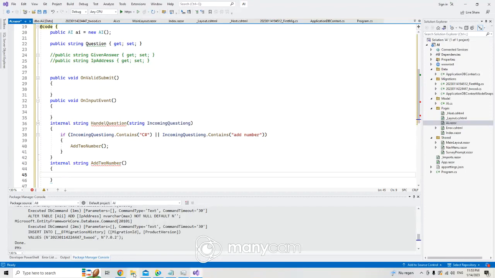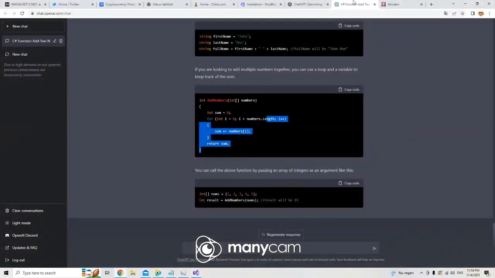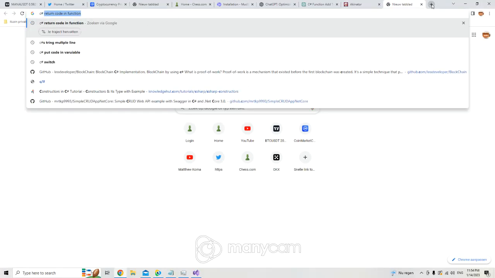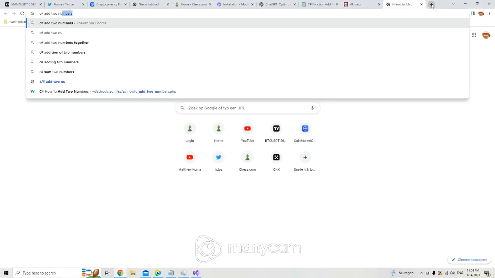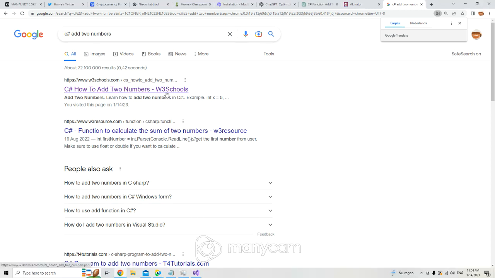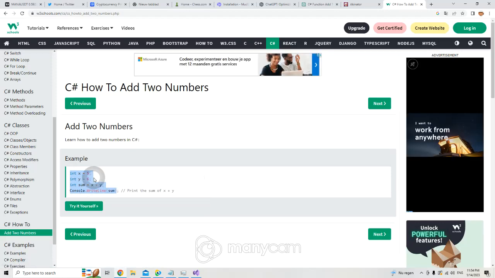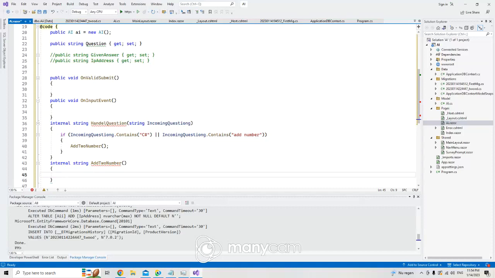Now here I want to say C sharp add to number, okay. C sharp add to number, and look here, this is the function. And here we want to say here a string